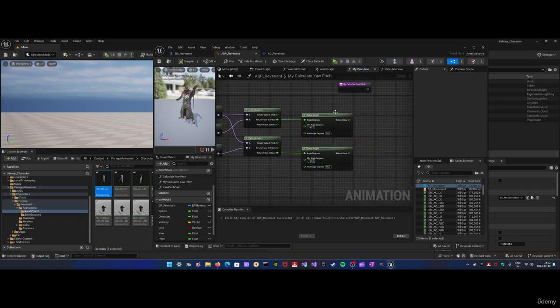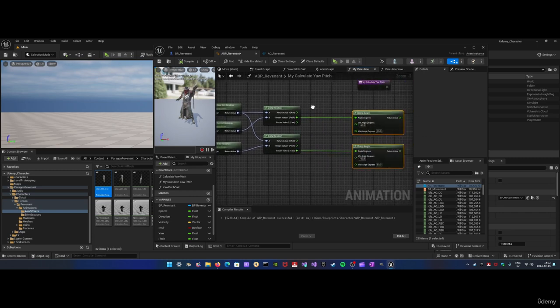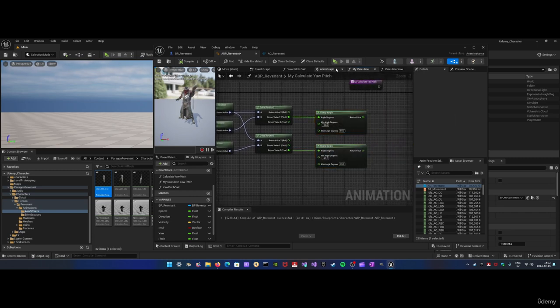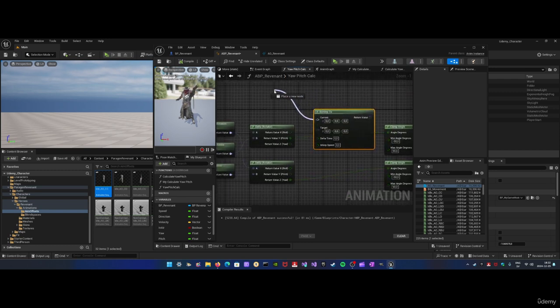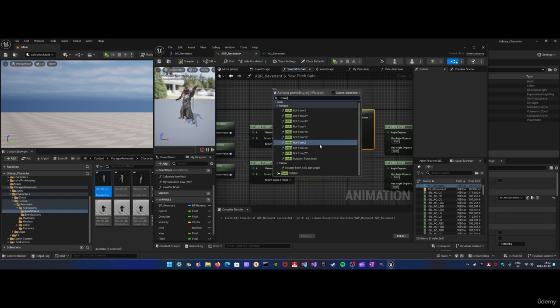All right, so I'm gonna drag from and do a make rotator,